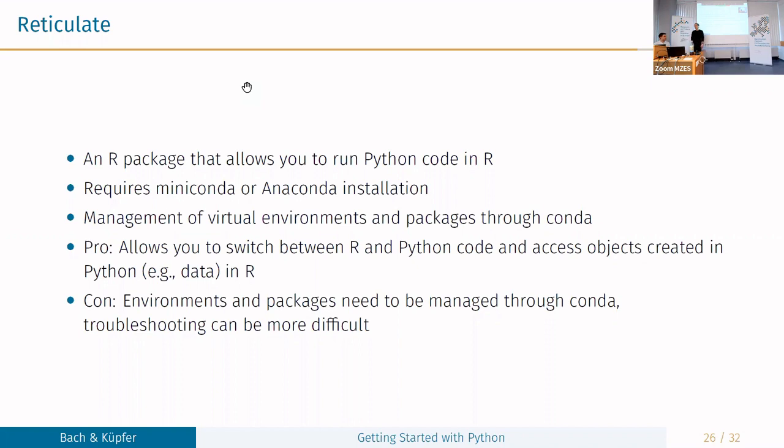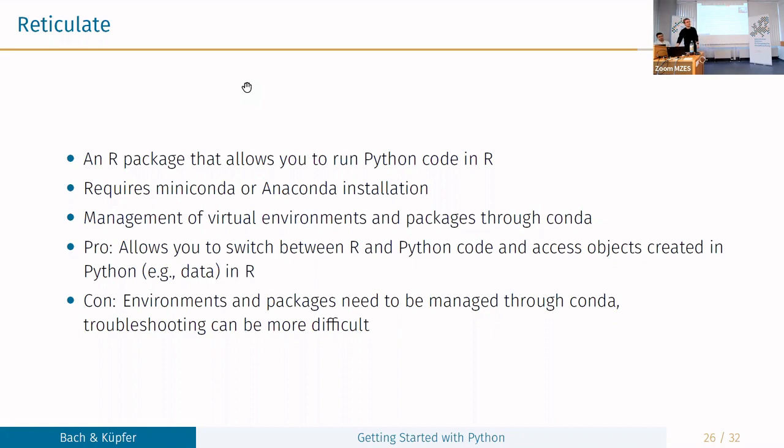But there are other people who like to integrate it into R because they want to have everything in one session, directly switch between things. My personal opinion is if you want to use Python, then use Python and not this hybrid solution.